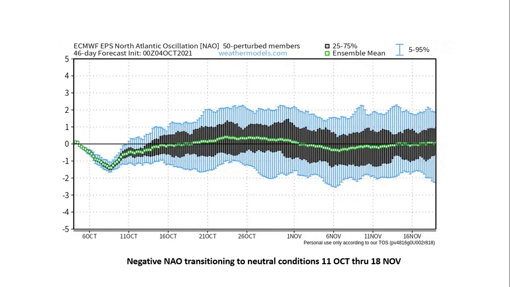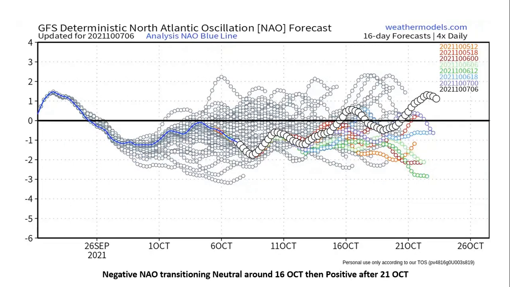The European EPS NAO 50 perturbed member 46-day forecast going out to 18 November generally shows a negative NAO transitioning to neutral conditions between 11 October through 18 November. So a lot of the models are signaling negative initially in the NAO, transitioning to neutral. And then the GFS deterministic is slightly more negative than the other models, especially when we look right on through